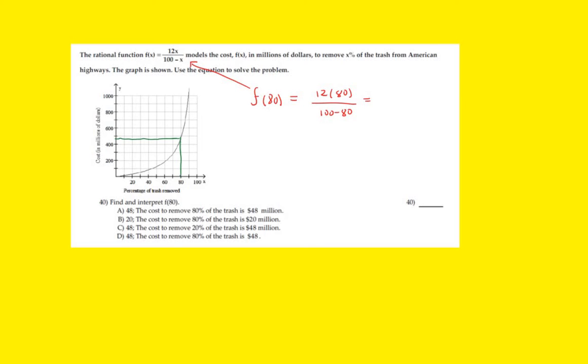Yes, so it's 9,600 divided by 20. Okay, and you cancel: 96 divided by 2 is 48. Aha, 48 what? 48 million. So it costs 48 million dollars to remove